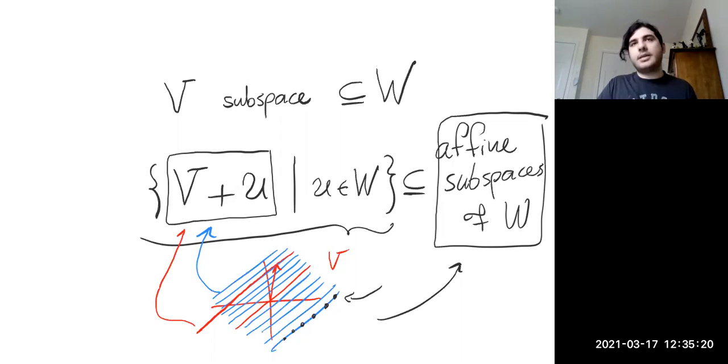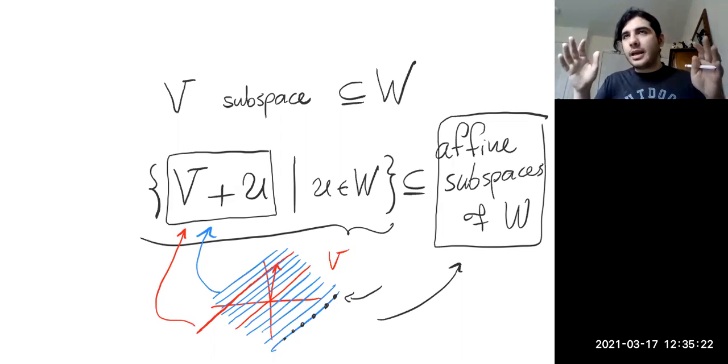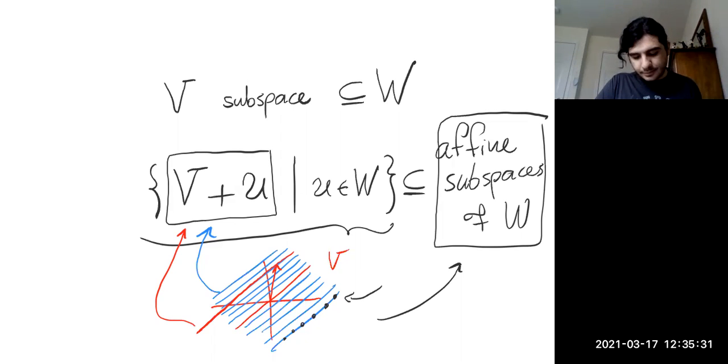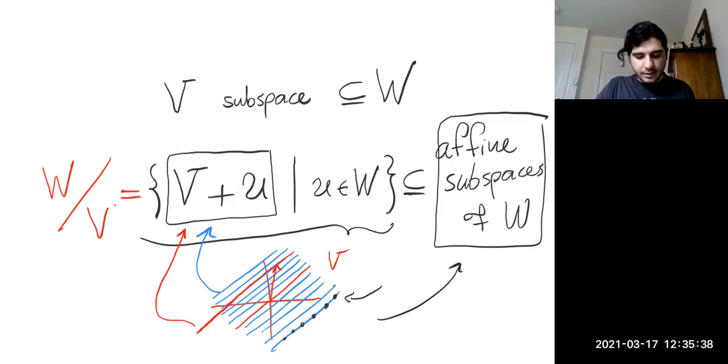This is an element in this new space. The set of all these v plus u for different u we have, this is called the quotient space. And the way to show it is W over V. This is called the